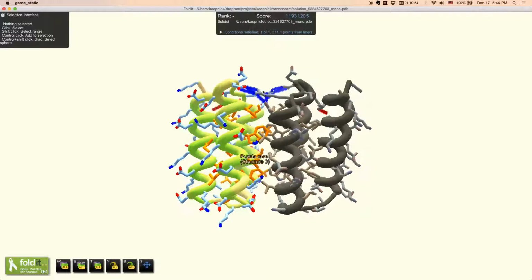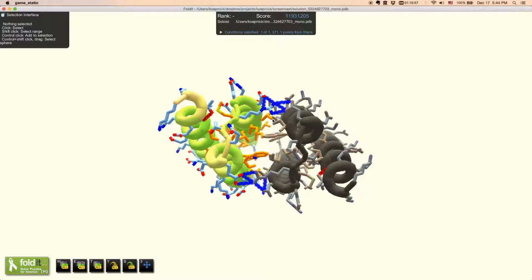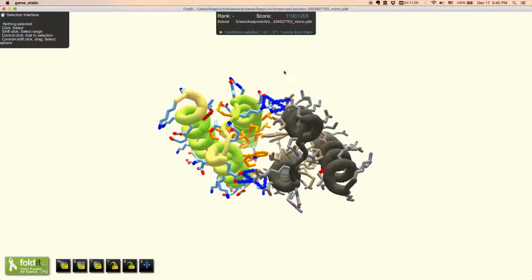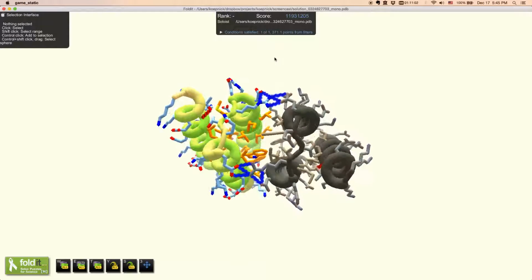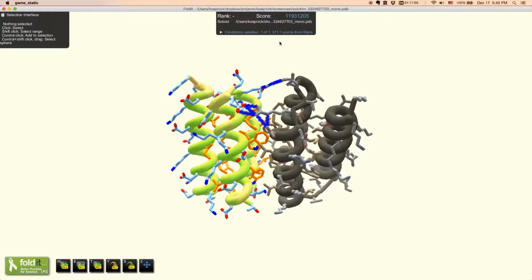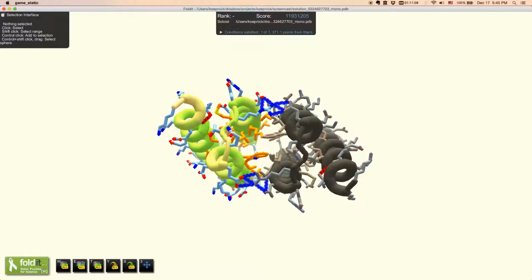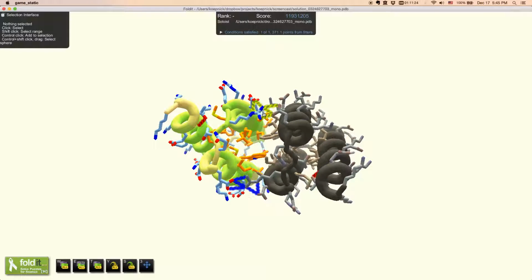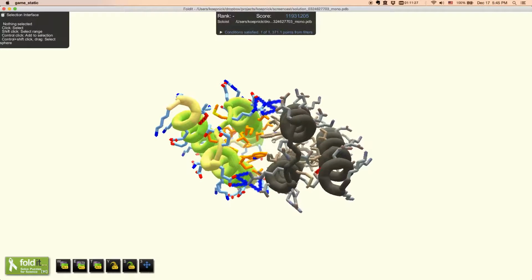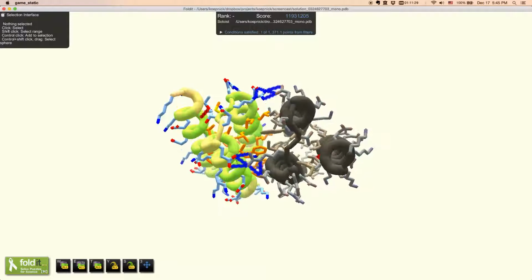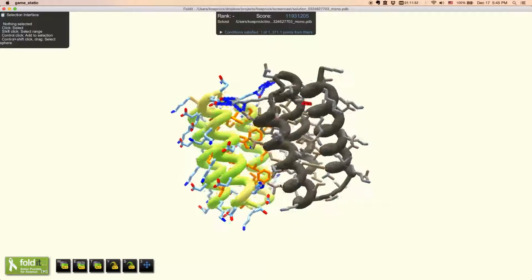Looking at a couple others, these next two are top scoring structures from the same puzzle, puzzle 1150, that are not so great for a couple of reasons. So this one has a couple hydrogen bond networks here that are both at least 77% satisfied, and will satisfy the filter and get some bonus points for it. The problem I have with these is that they're only at the surface. The entire core of this protein is non-polar, is completely hydrophobic.